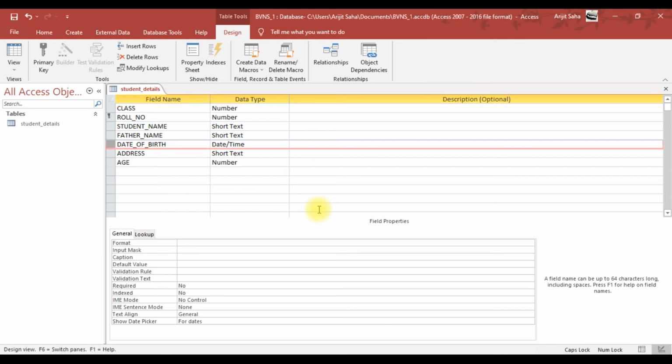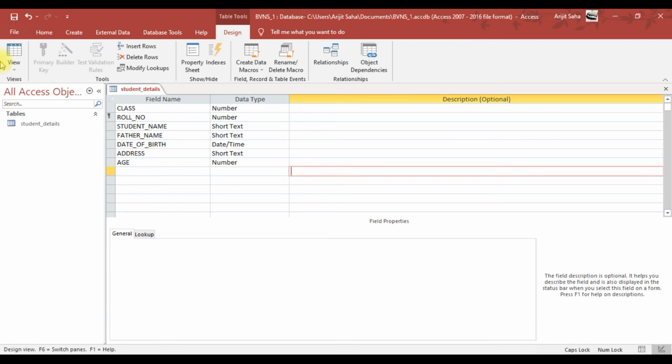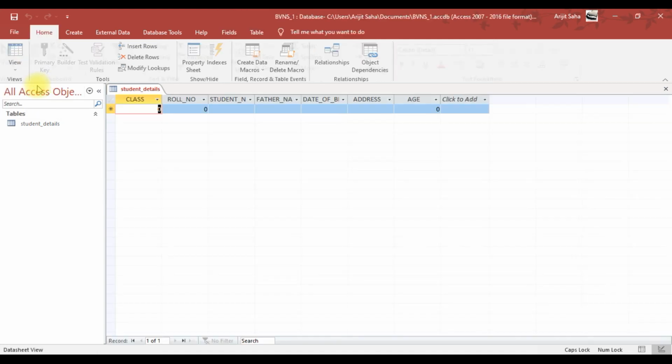The next thing we need to learn is how to enter data in the table. After creating the table in Design View, we click on the save button, and to get the view where we want to enter data, we click on this view button and click on datasheet view.